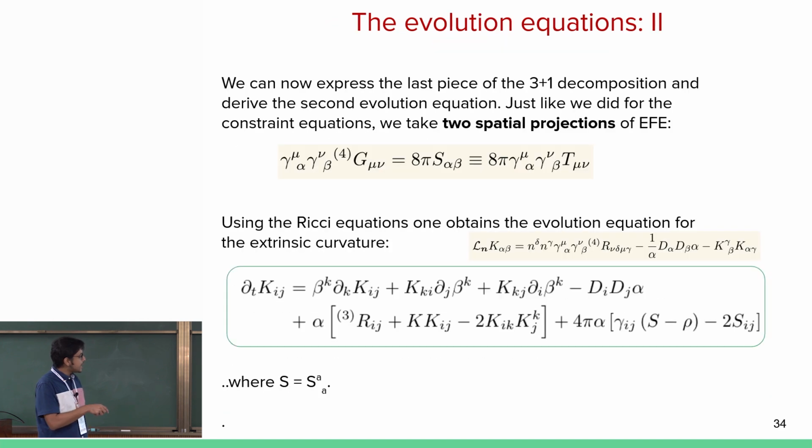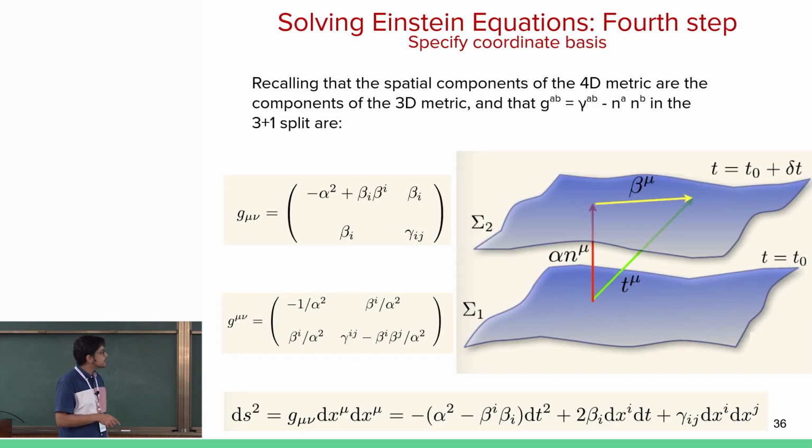The original ADM equations actually don't use the extrinsic curvature, they use the momentum variable conjugate to the spatial metric in the Hamiltonian form of GR. So the original ADM equations and the ones that I have described here differ by the addition of a multiple of the constraint equations to the evolution equation, right? Anyway,